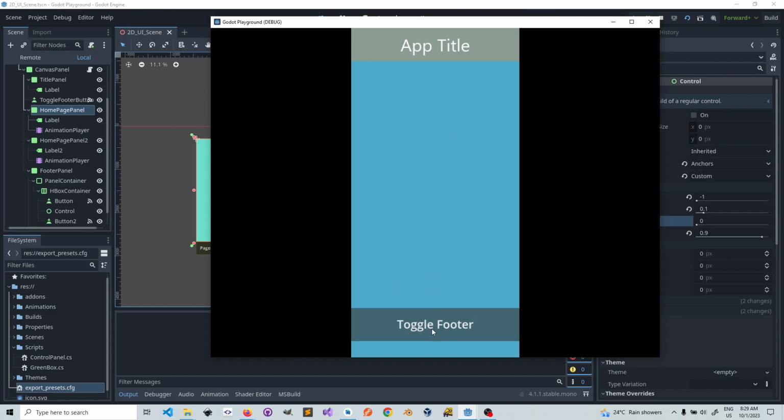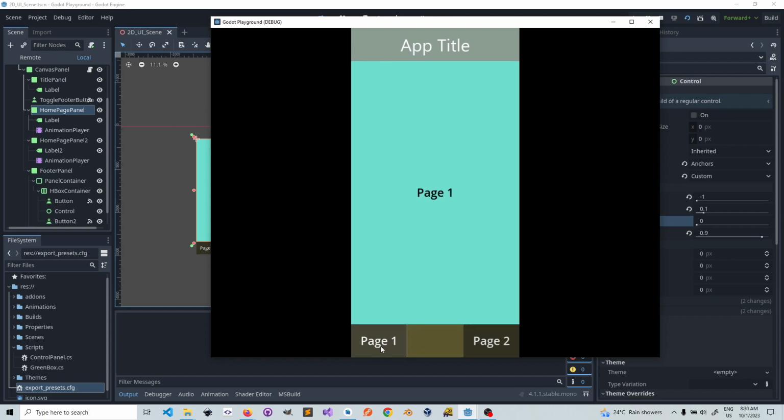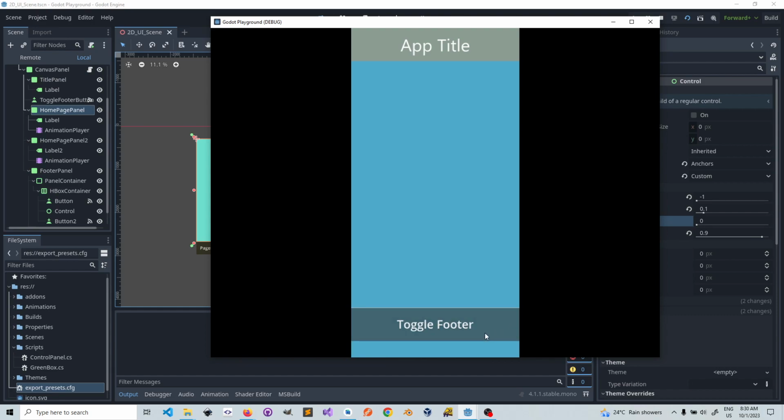This is a button. You can see this is just a blank page with the app title up there. If you click on this button, it slides in. You can see it toggles in those buttons from underneath, and then these buttons control the pages. This comes in and you can bring this in also. Okay, so I'll show you how to do something. Of course, this is very crude, but this is the foundation for creating some very good